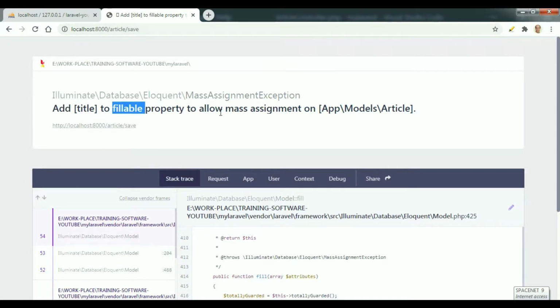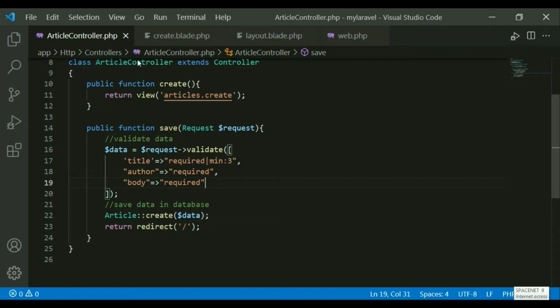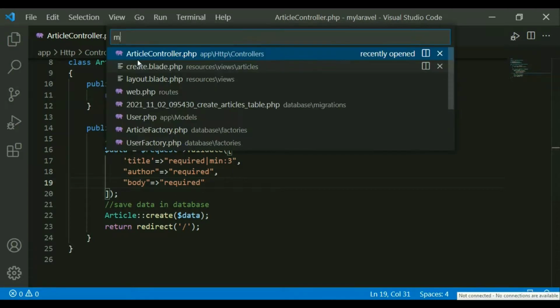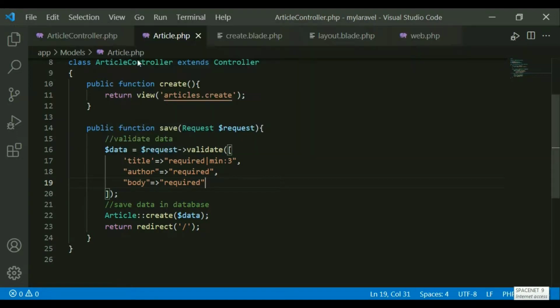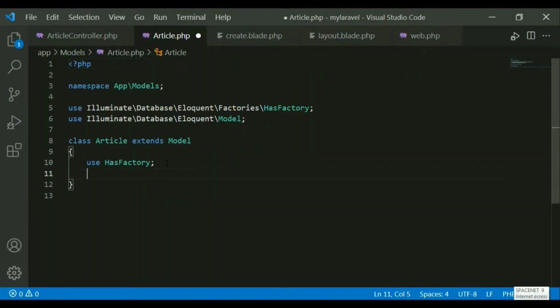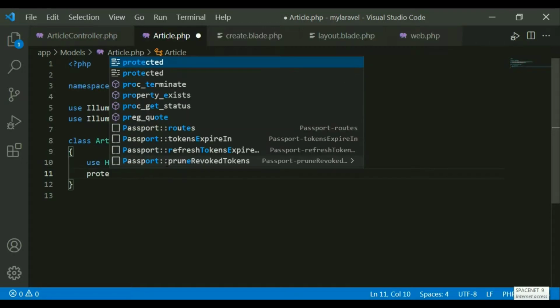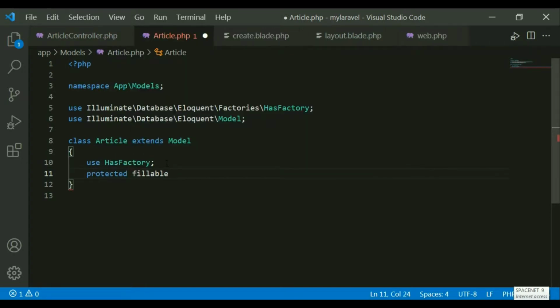So what I have to do is go and open the model here, the Article model. This is the model, and here I have to use one thing: protected $fillable. This is a variable I have to specify here.